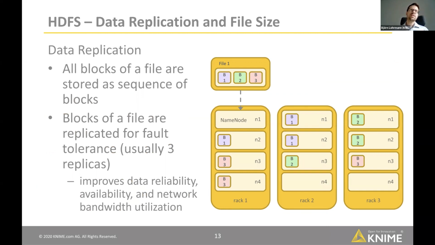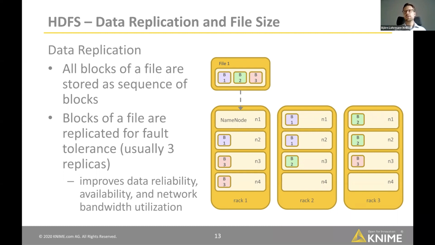When you do that, you need to deal with machine failures. What must not happen is that when one of these machines that has a block fails, for example the disk crashes, you lose data, or you lose all the blocks stored on that particular machine. So part of the HDFS design is ways to deal with this, and the major way is data replication. Each block is usually replicated 3 times over the whole cluster.